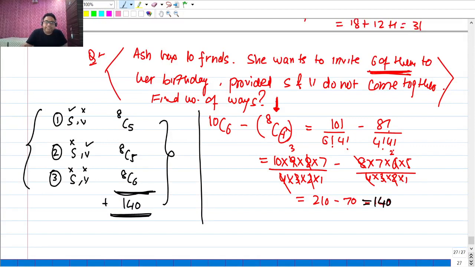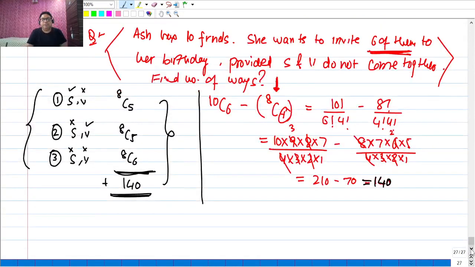Good. Next. Now point number 2. See, point number 1 has so many cases. Now when we talk about point number 2a, if we have n distinct objects